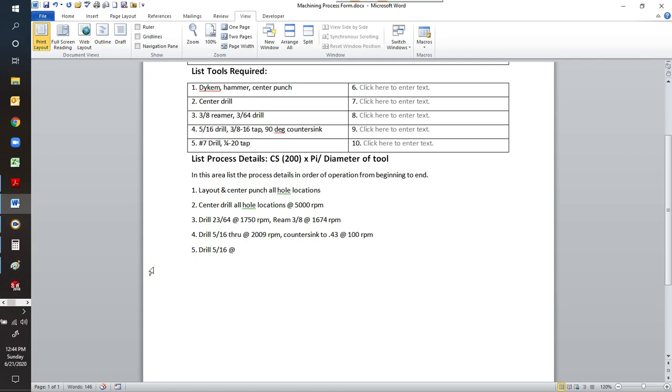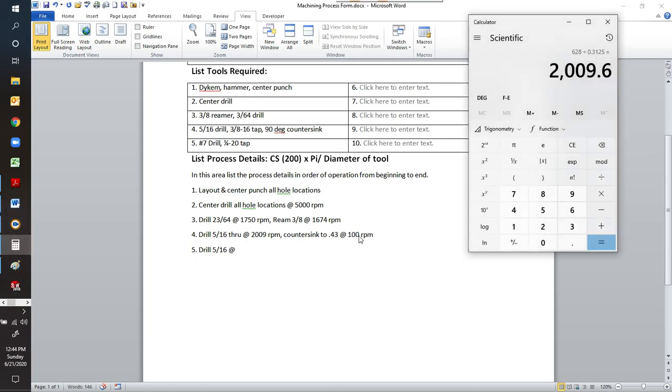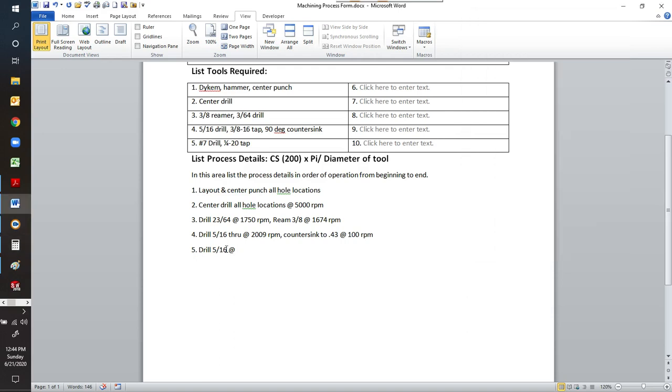Let's see what RPM we're going to do. We'll do our calculations again. So we have our 200 times pi divided by our diameter, which was 201, remember? Or excuse me, this is number 7, isn't it? It wasn't 5/16, number 7. Number 7